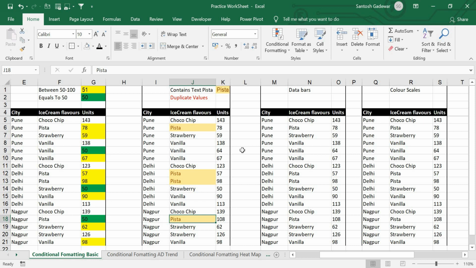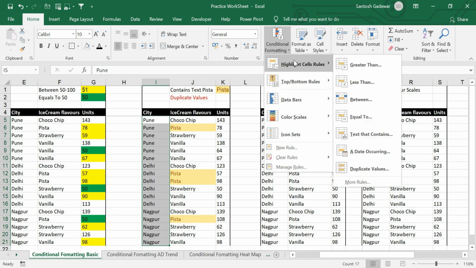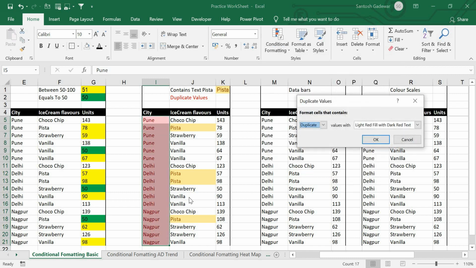Now how to find the duplicate values? I will be selecting all the cities from over here. I will go in conditional formatting, go in highlight cells rules, I will say duplicate values. Once I select duplicate values, see, there are two ways of selecting: duplicate and unique. If I select duplicate values, and I will give a format saying red text, and I'm saying OK.